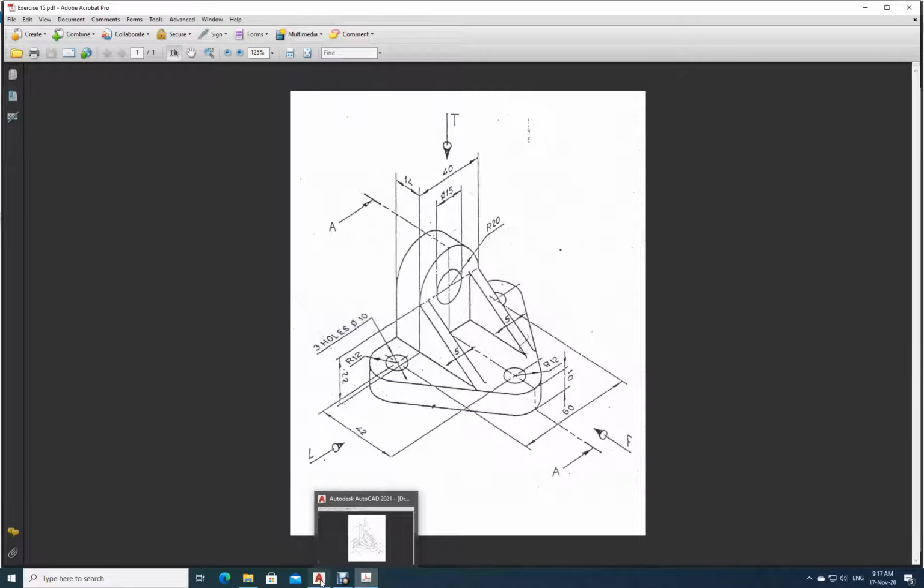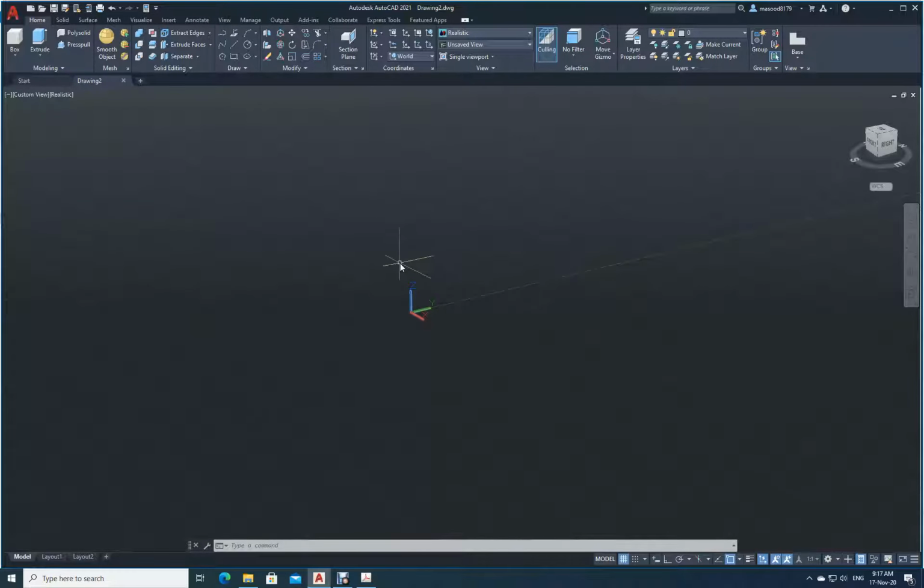Let's open AutoCAD. I have opened AutoCAD already, ACAD ISO 3D. Let me fix the limits, LIMITS. If I fix the limits, I have got 0, 0 as the left corner, and the right corner is showing 420 and 270. I will select 100, 100. I will type it, enter. So now I have already set the limits. I will say Z enter, E enter. So I have made zoom extents.